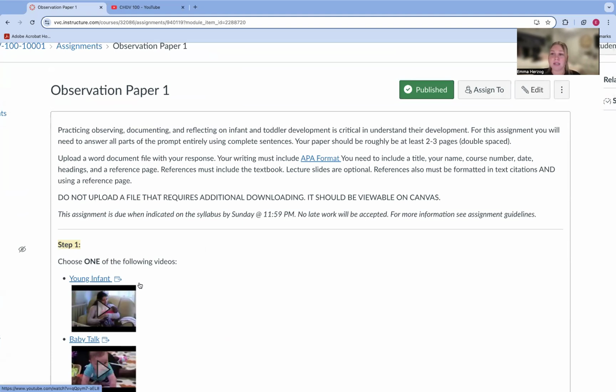So when I open up Canvas and I click on grading, I should be able to see your paper right there on Canvas. If you're having difficulty with that, please reach out to me before assignments are due so I can best support you. And that goes for any assignment. If you're reading through the guidelines, looking at the syllabus, looking at lectures, and you have a question about something, it's important that you reach out to me during my working hours. And if you reach out to me on the weekend, just know that I'll be answering it the next business day. But answering questions regarding assignments, that is something that I want you to ask me ahead of time.